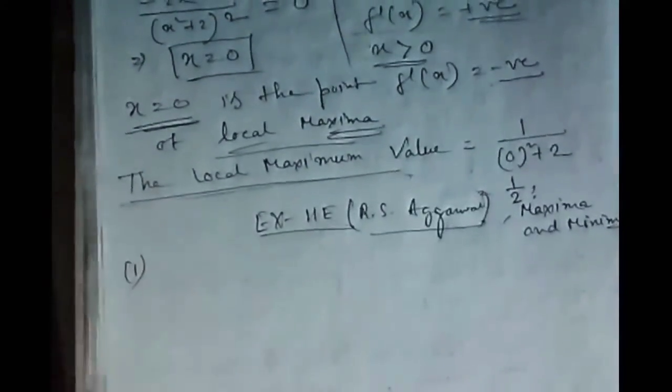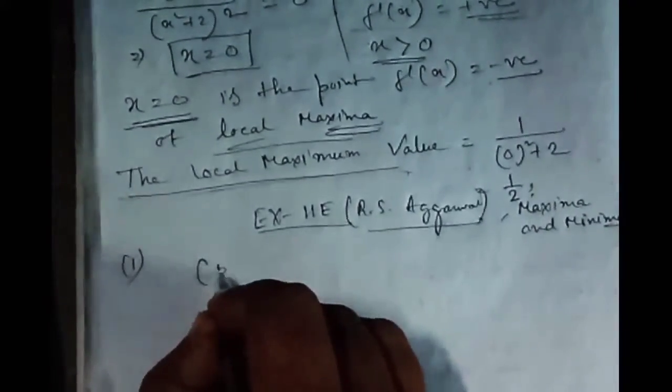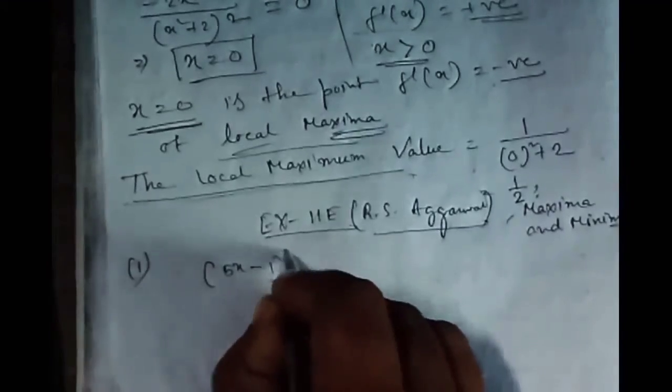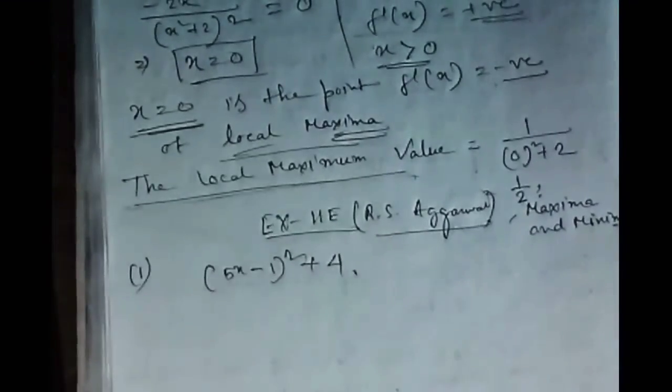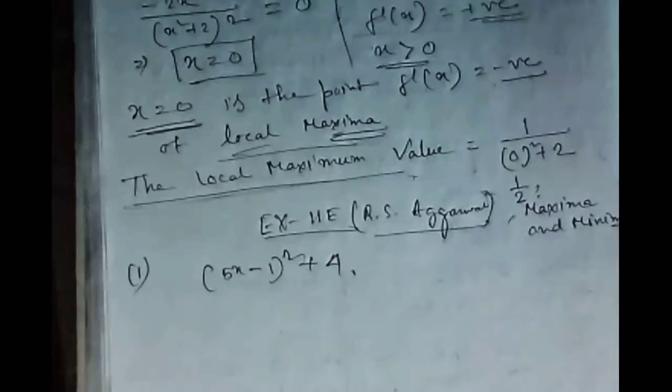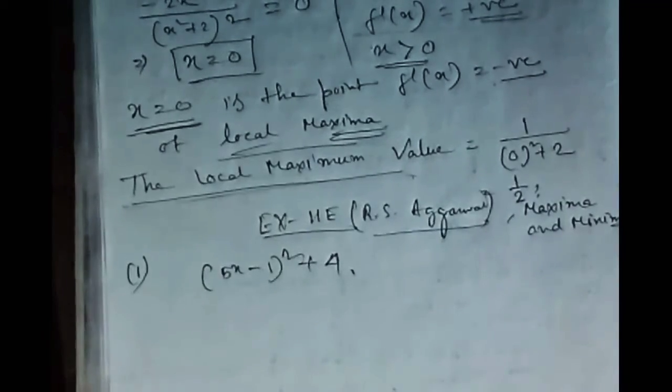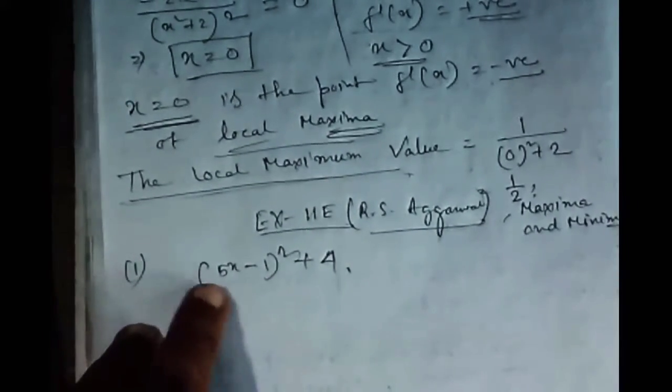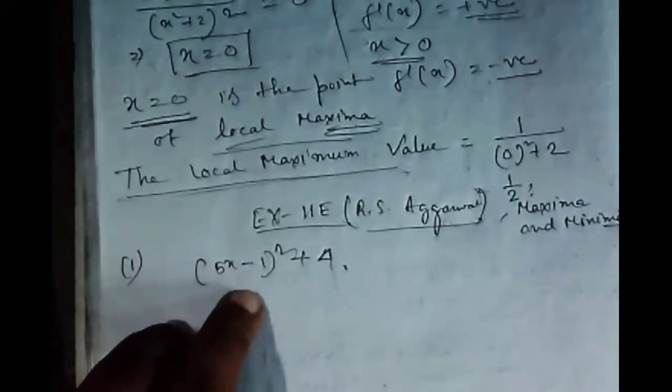First question that is given: (5x minus 1) whole square plus 4. This is the first question that is given. Without using derivative, we have to find the maximum value or minimum value of this function. Now here,